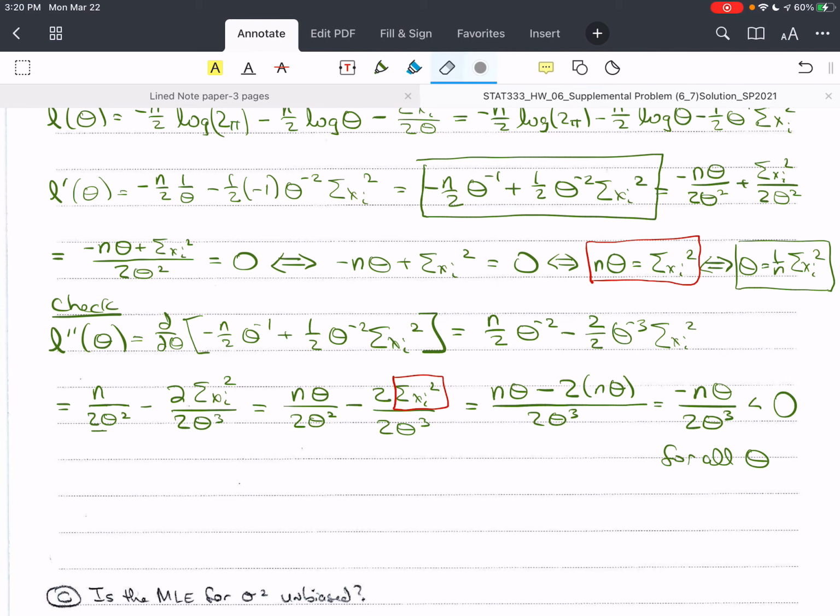And I can simplify this so that it's even more clear. We know that θ is greater than 0, but this is equal to negative n over 2 θ squared. So that's less than 0 for all θ. Even though θ has to be positive anyway, the square is positive, 2 is positive, n is positive, so the negative of all this has to be a negative value. Okay? So for all θ,